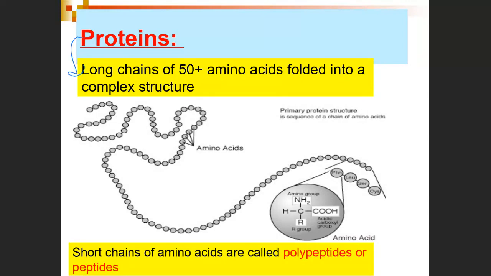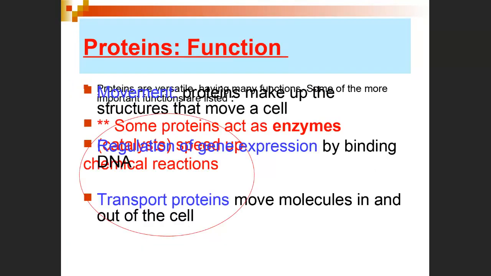However, oftentimes the cell is just going to make a chain that is long, but it's not 50 amino acids, it may be 20, maybe 4. We call those polypeptides. They're not complex, they're not proteins, they're just short chains of amino acids. Sometimes the cell may use several of these polypeptides to create a protein. So when we're speaking of protein, we're speaking of large chains of these amino acids. If we talk about a polypeptide, we're talking about a smaller chain that is not considered a protein because it's not large and complex and folded in a specific structure. There's a bit of a difference there.